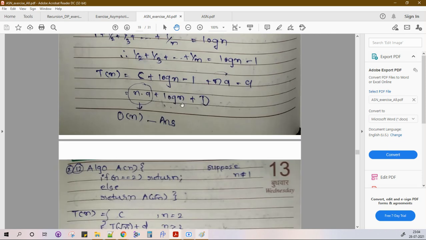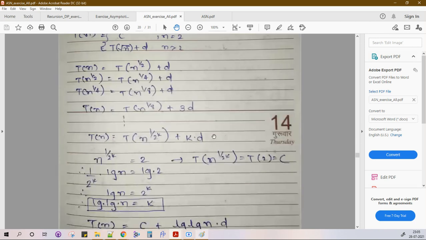It is not order of n plus log n, because there should not be any plus sign in the asymptotic notation, though it is not a hard and fast rule. But order of n plus log n is basically order of n, correct? Because log n will grow much slower than n. N is much faster than log n. Big O is always an upper bound, keep in mind. So n will upper bound log n, not log n upper bound n. So it is order of n. Correct?